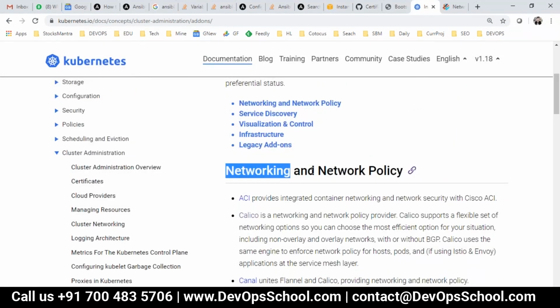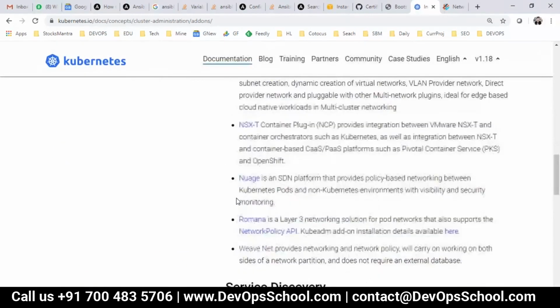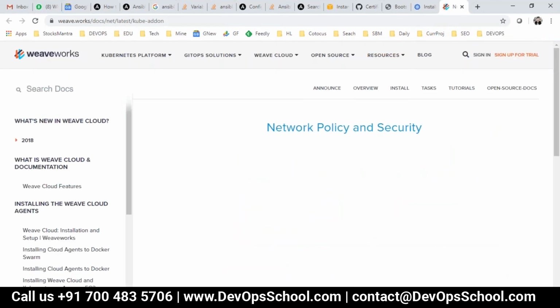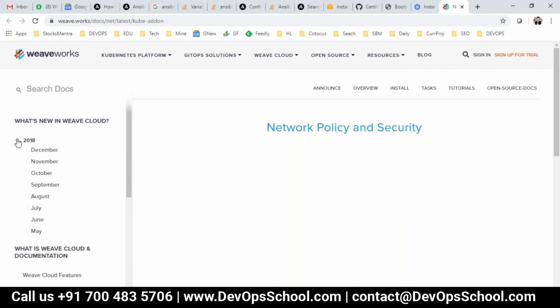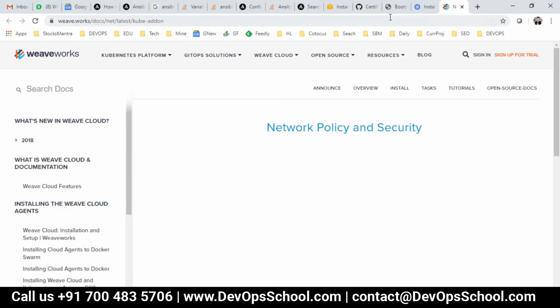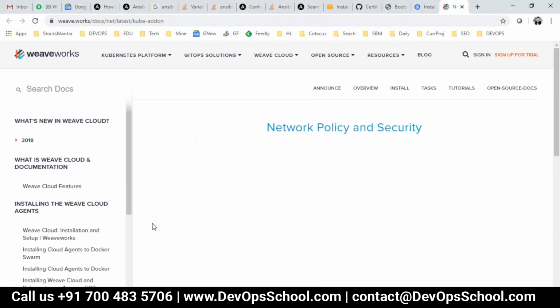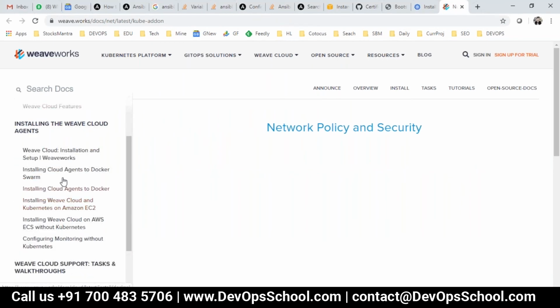See here, networking and network policies. These are the ones. Each has some different pros and cons and stuff like that. Now the question is, how do I find that YAML file? See, it's looking for the pod network.yaml file. This website has changed quite a bit, and I could not get time to spend on this.